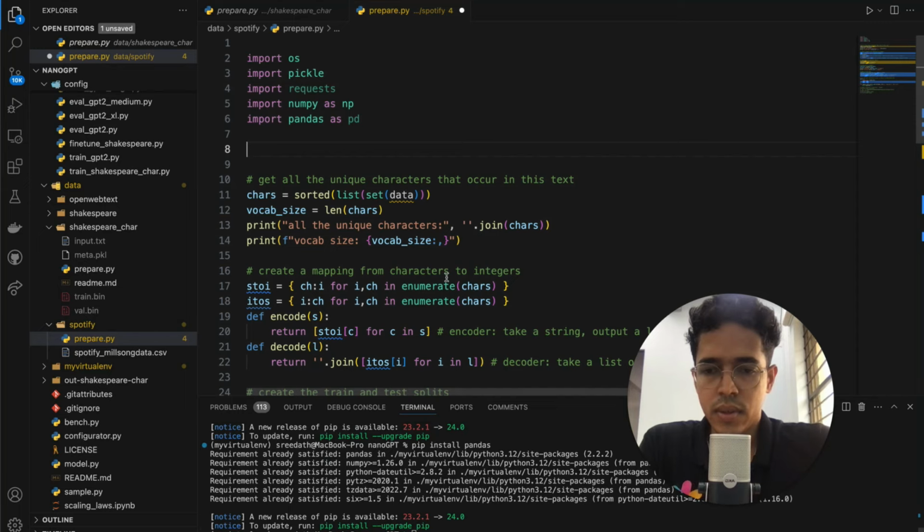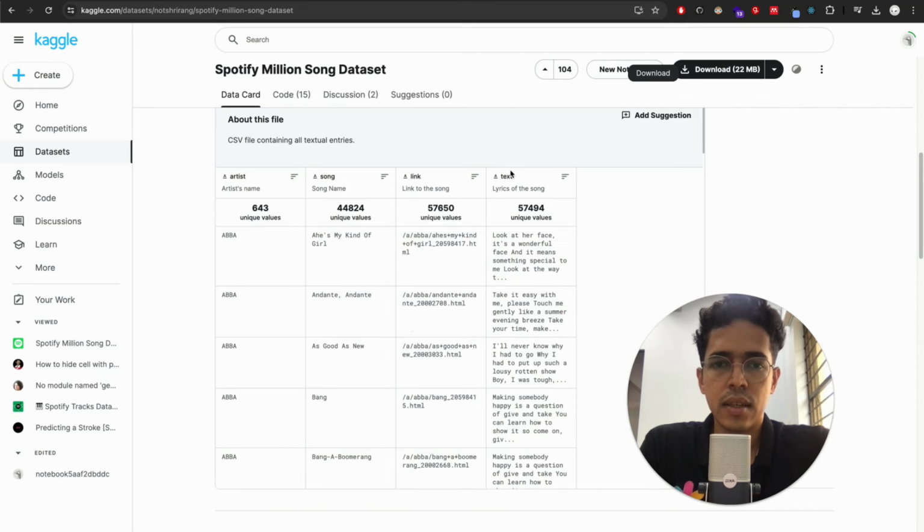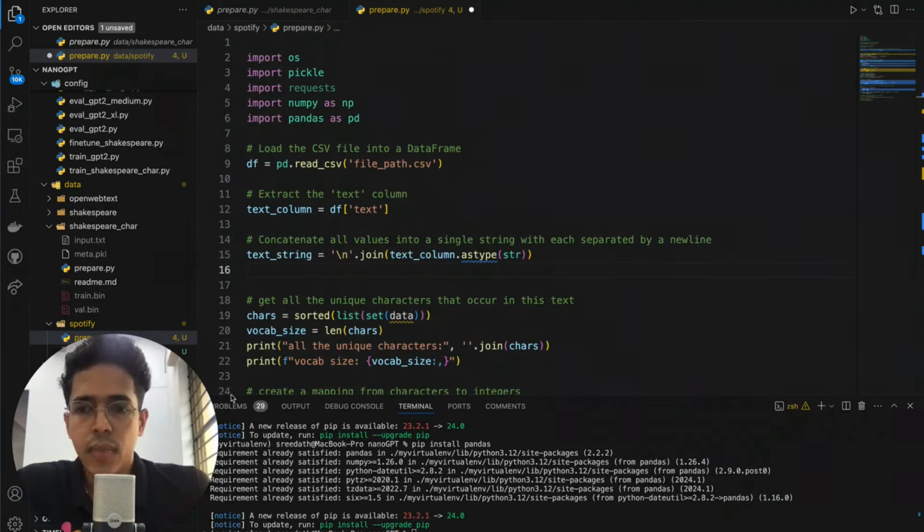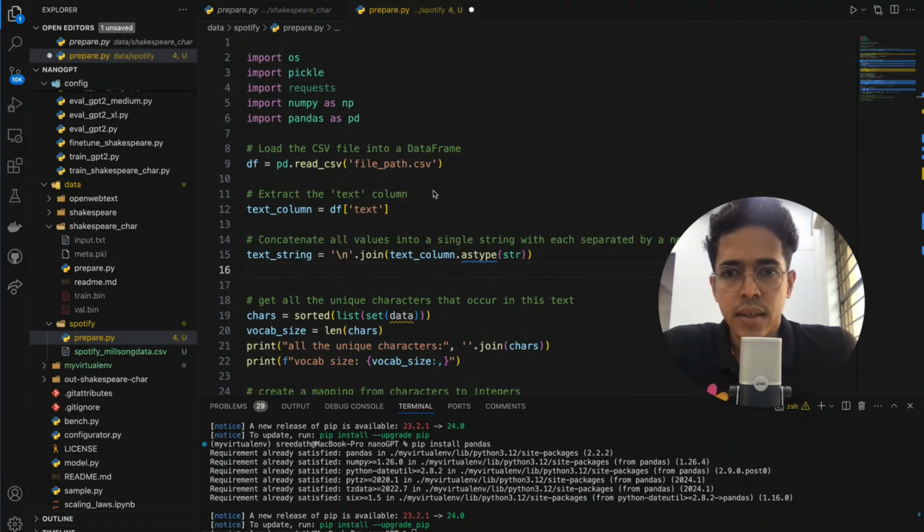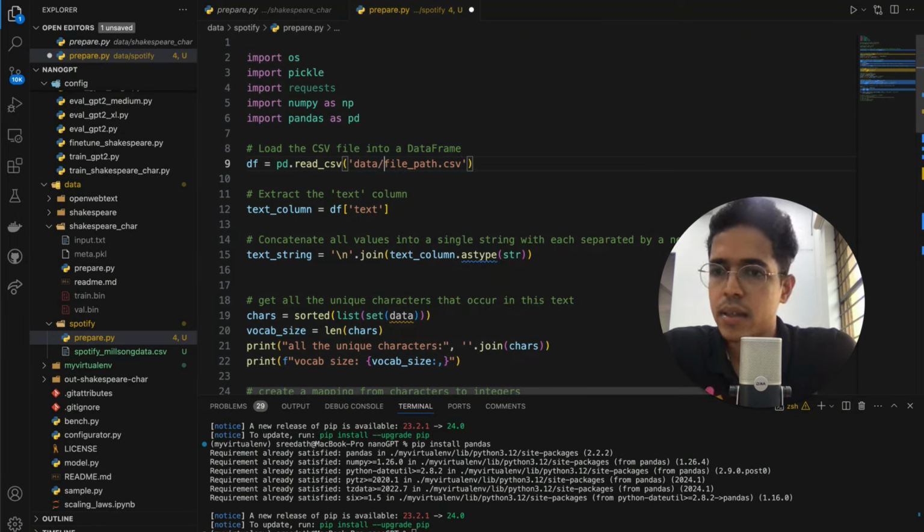Okay, so that is done. Now what we want to do is extract this lyrics column from this pandas DataFrame. So let's do that. I have pasted the code for this. Firstly, let's read the CSV file. Our path is data slash Spotify slash